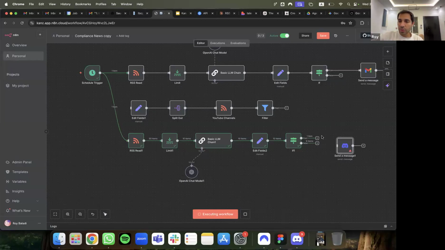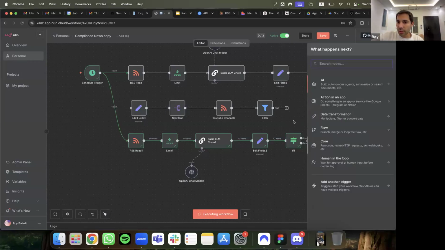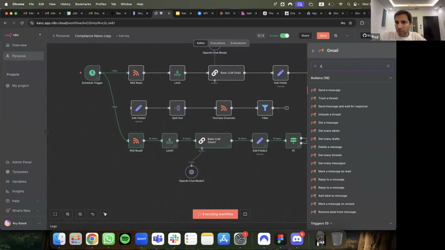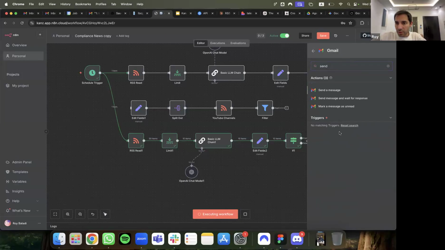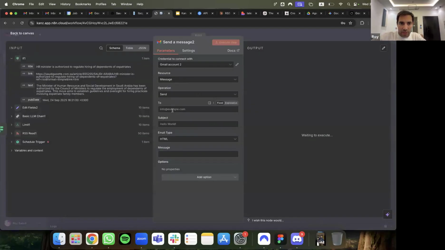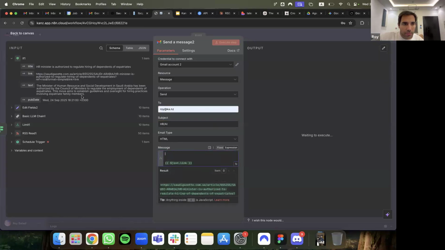What do I include in the message? Let me just put that, send the message again. Gmail. Send a message. For anyone who's still stuck, here's the account. Send to me. Hi, or just HRAI. Under message, put in the link, put in the text summary. Workflow is already running.